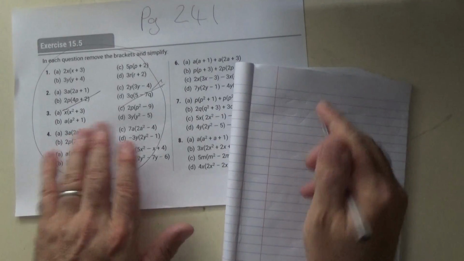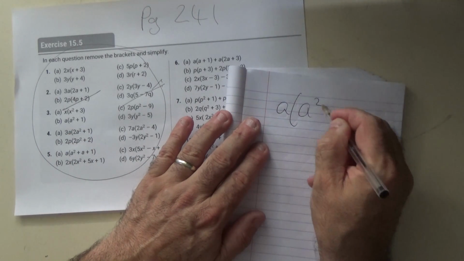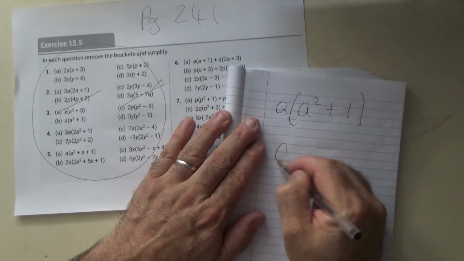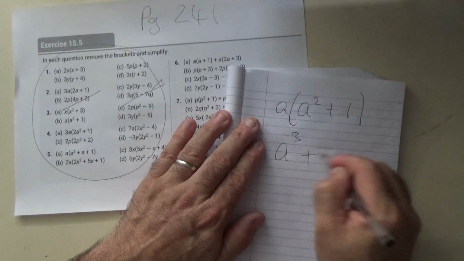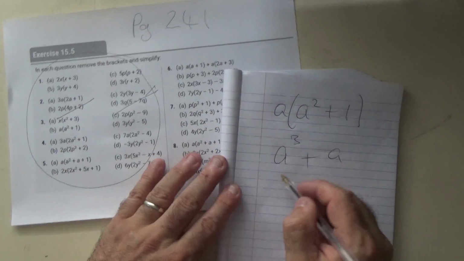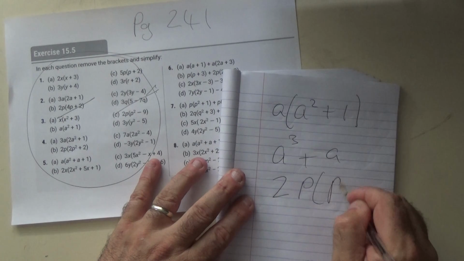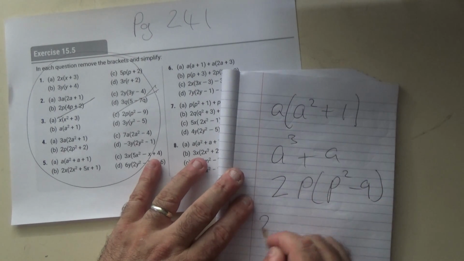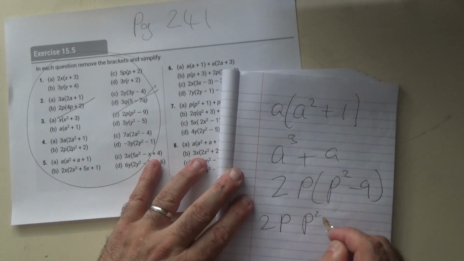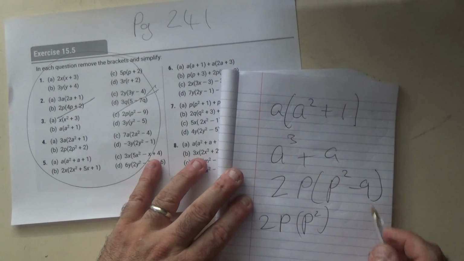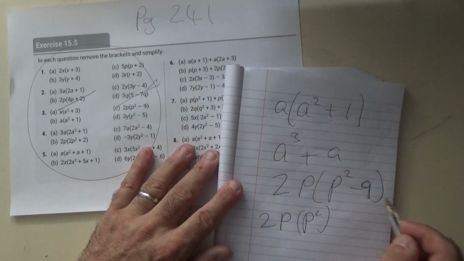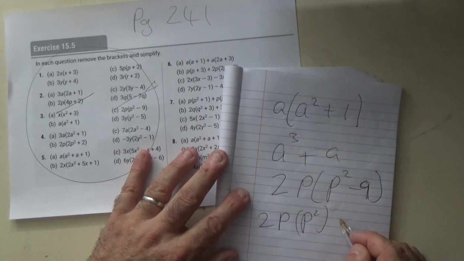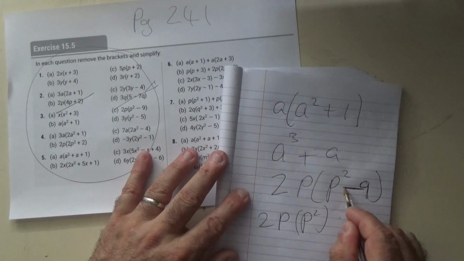Now going to b, we have a times a squared plus 1. A times a is a cubed, and a times 1 is plus a. Then 2p times p squared minus 9. Okay, let's write this one out. 2p times p squared is your first term, and your second term should be a minus,